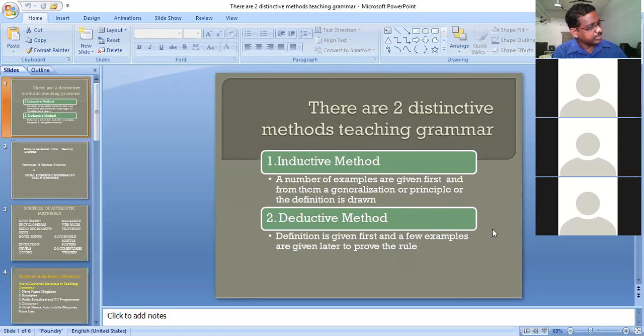Some more points. It makes people rule conscious. We should memorize the rule first. It makes them memorize fixed principles rather than learn from practical examples. See, we have to memorize the rule. It is a great burden for the children to memorize it.